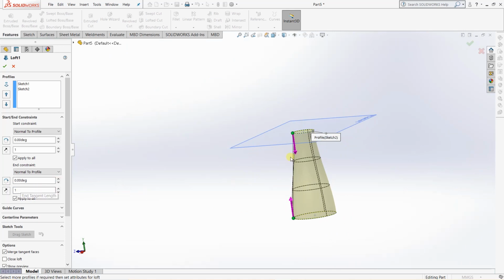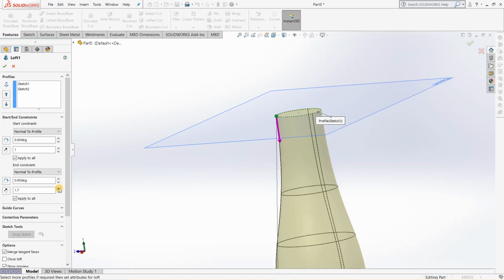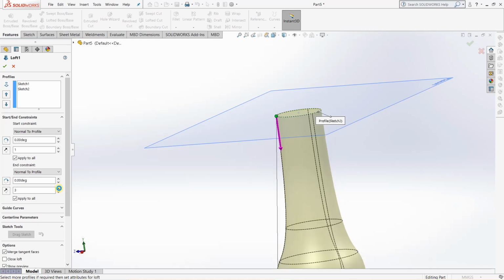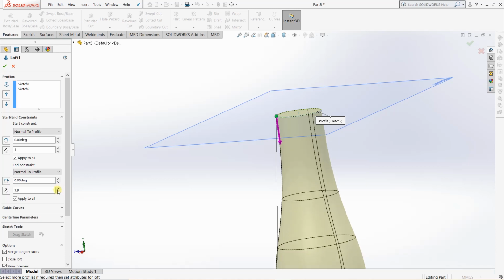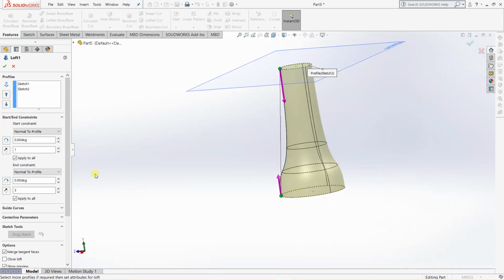Suppose you want to increase the degree of straightness of the curvature, you can do it from here. This profile, sketch 2, is our end constraint. Suppose I increase the number here, you can see the curvature is shifting downwards. You can do the same to the start constraint also.